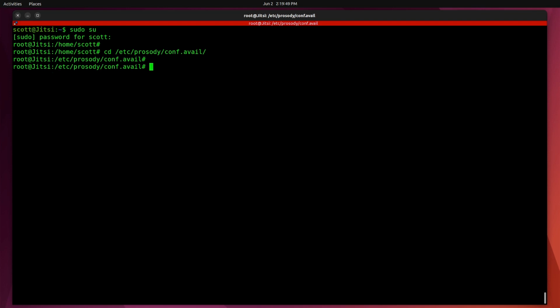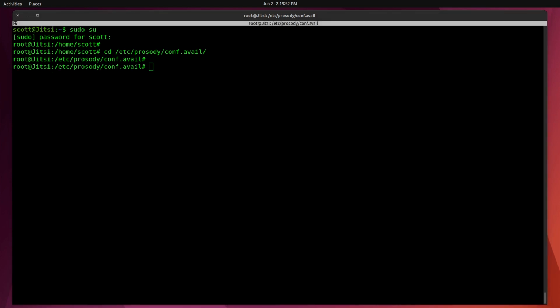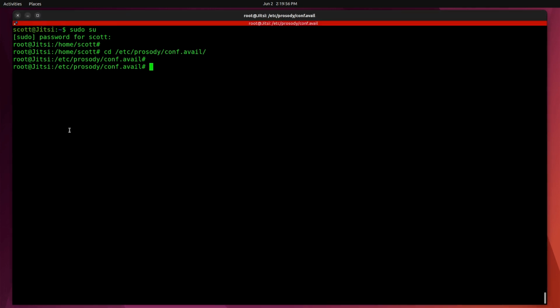Once we get over to that particular folder, the next step is we're going to want to edit a file. In my case, we're going to edit a file named jitsi.scotti-byte.com.cfg.lua. Basically what you're going to want to do is substitute your domain name in right here and then have the extension